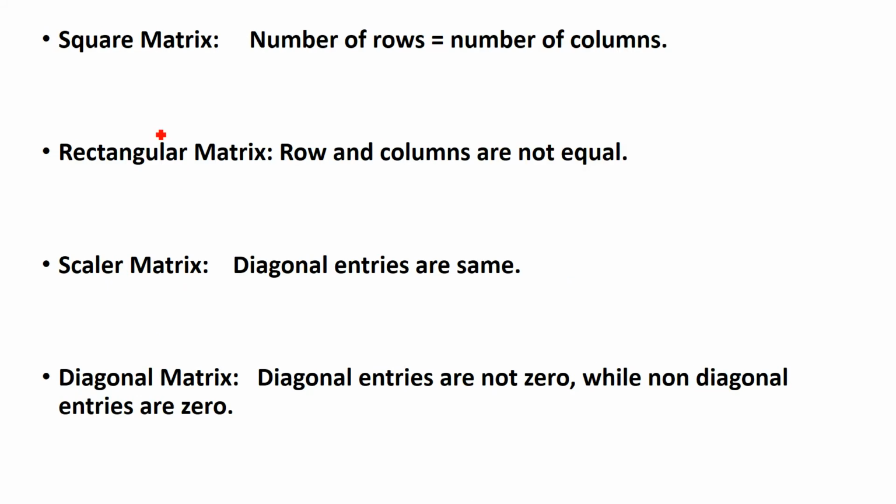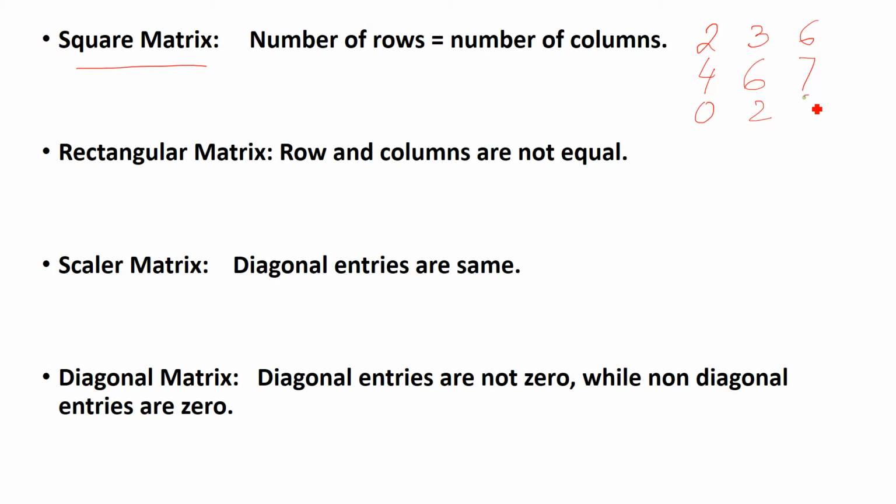Move on to the square matrix. See, the number of rows should be equal to the number of columns. Now, what does it mean? Here, I will give you the example. Suppose 2, 3, and here we will write down 6, 4,